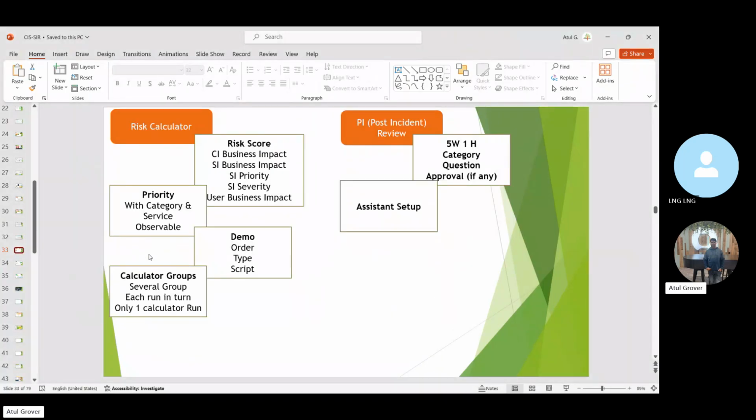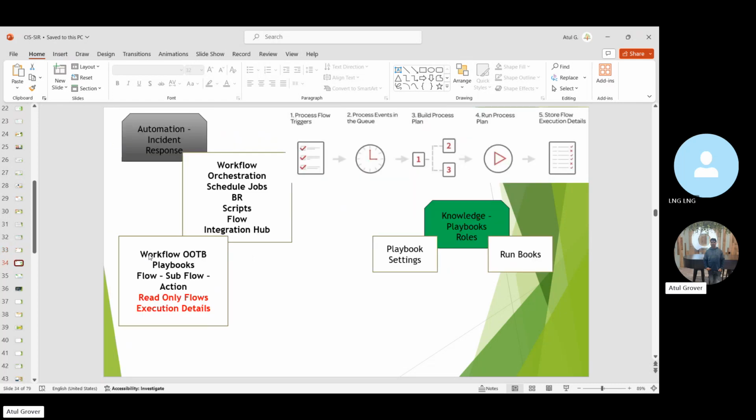This one. Okay. So now what we have done a lot of things here: calculator, priority, calculator groups, and the post incident review. Now we are moving almost to the end of this particular series. Okay, in this particular part, we are going to discuss